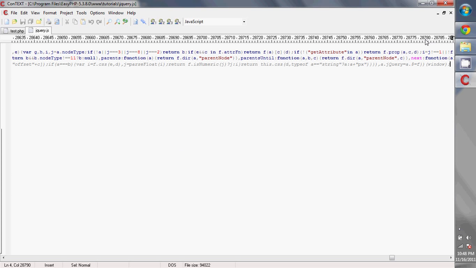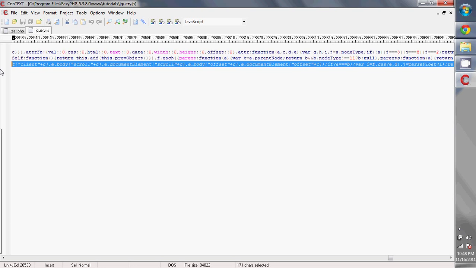As you can see in my Context editor, it's on the 28,785 column. That means the matter just didn't come out properly. Anyways, that's the jQuery file. I've named it jquery.js,